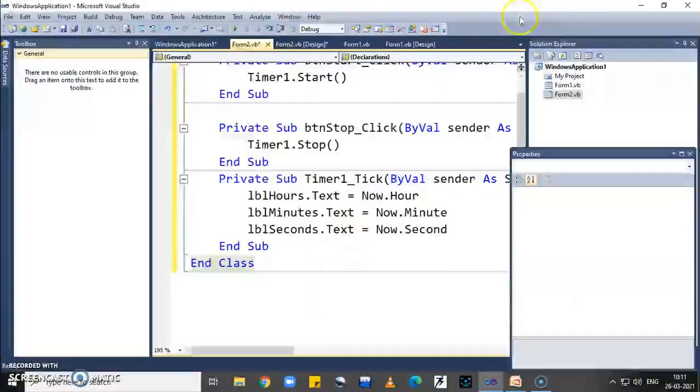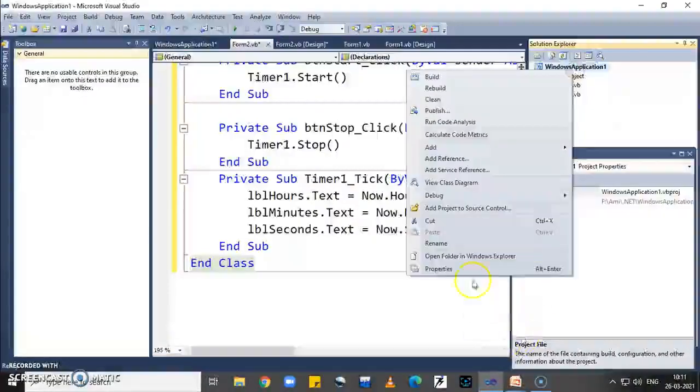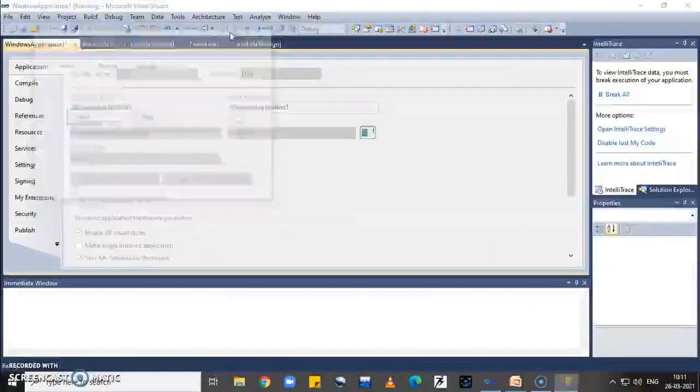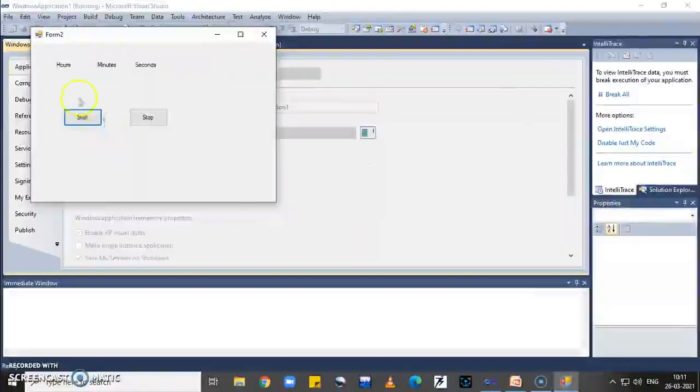My code is ready. Now change the running form in the properties of the Windows application, set the startup form to Form2 and then just run the application. I click on the start button, then these labels display the current system time in hours, minutes and seconds.